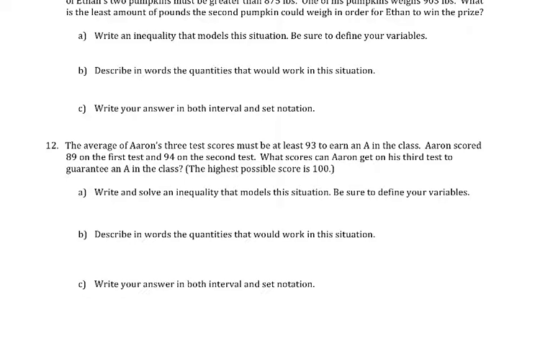Alright, number 12. The average of Aaron's 3 test scores must be at least 93 to earn an A in the class. Aaron scored 89 on the first test and 94 in the second test. What scores can Aaron get on his third test to guarantee an A in the class? Okay, the highest possible score is 100. So,